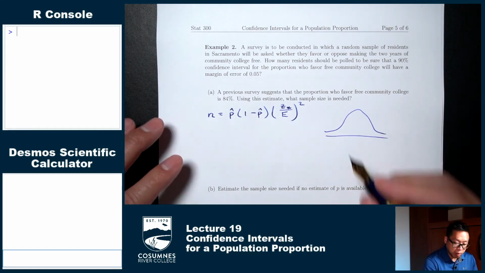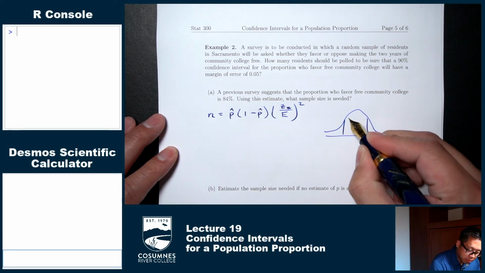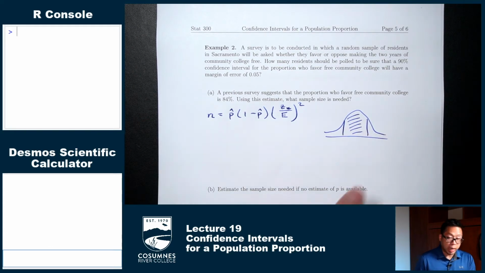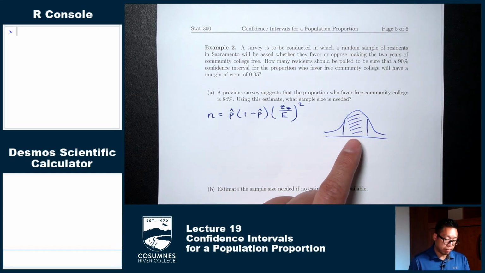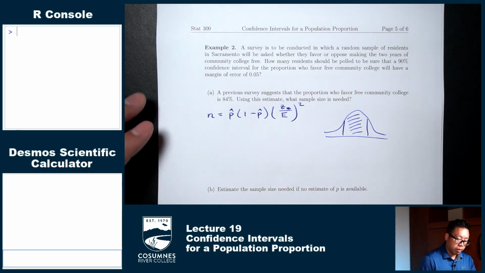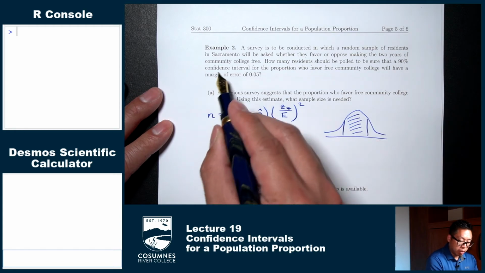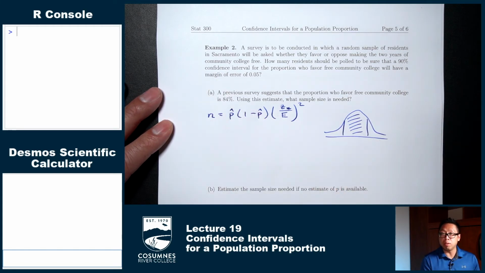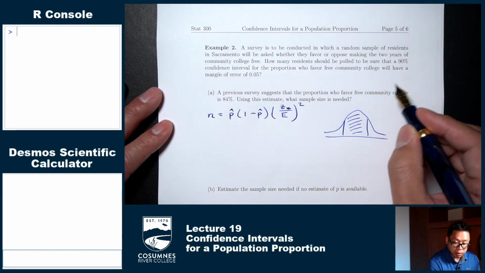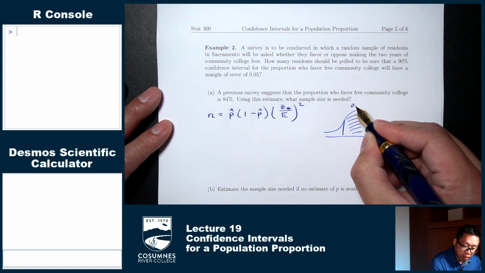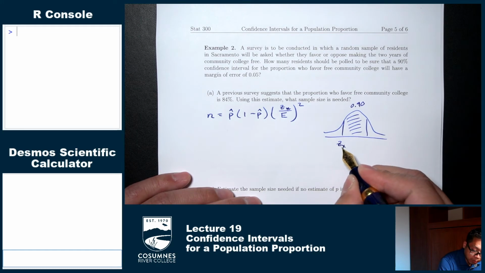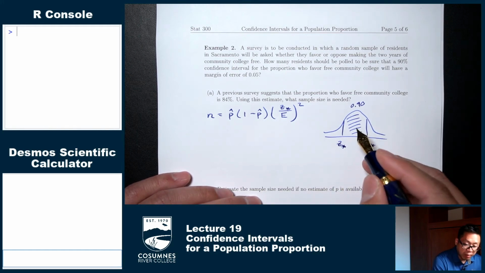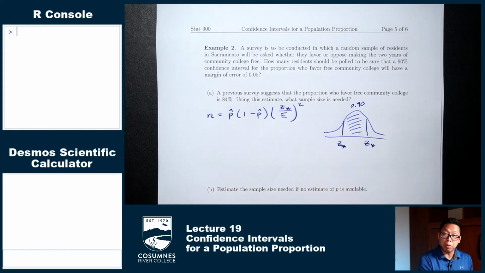Okay, we're always shading in the middle. The area in the middle is the confidence level. So what confidence level are we using here? 90% confidence. So our confidence level is 90%. 90% as a decimal is 0.90. And we're looking for the two z stars